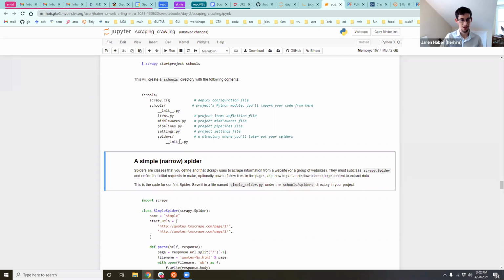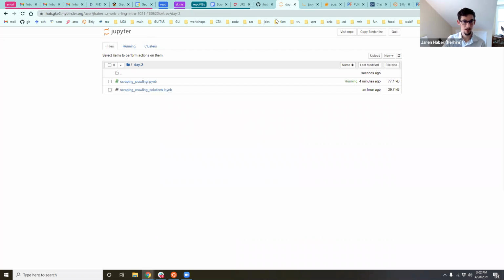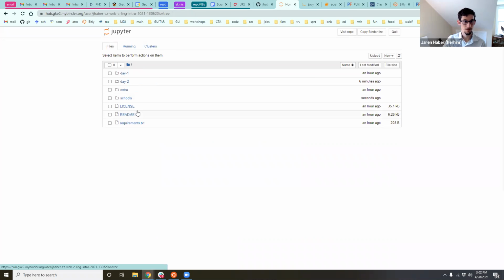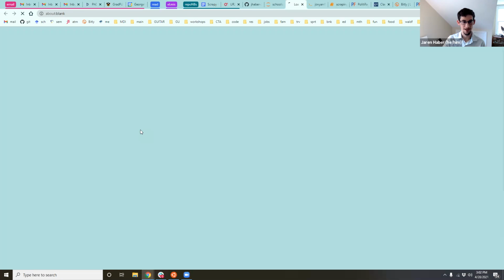And just from that one step, it has an items file set up, a bunch of settings, some middlewares you can play with. And these are all things that are easily customizable. So just one example, if I go to schools, settings.py,